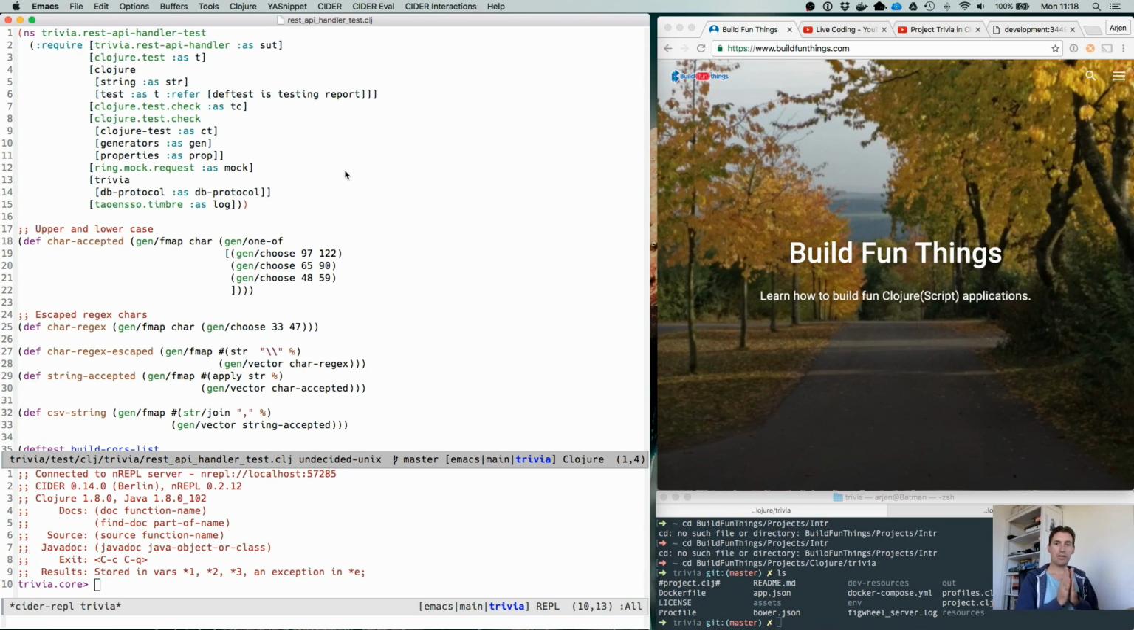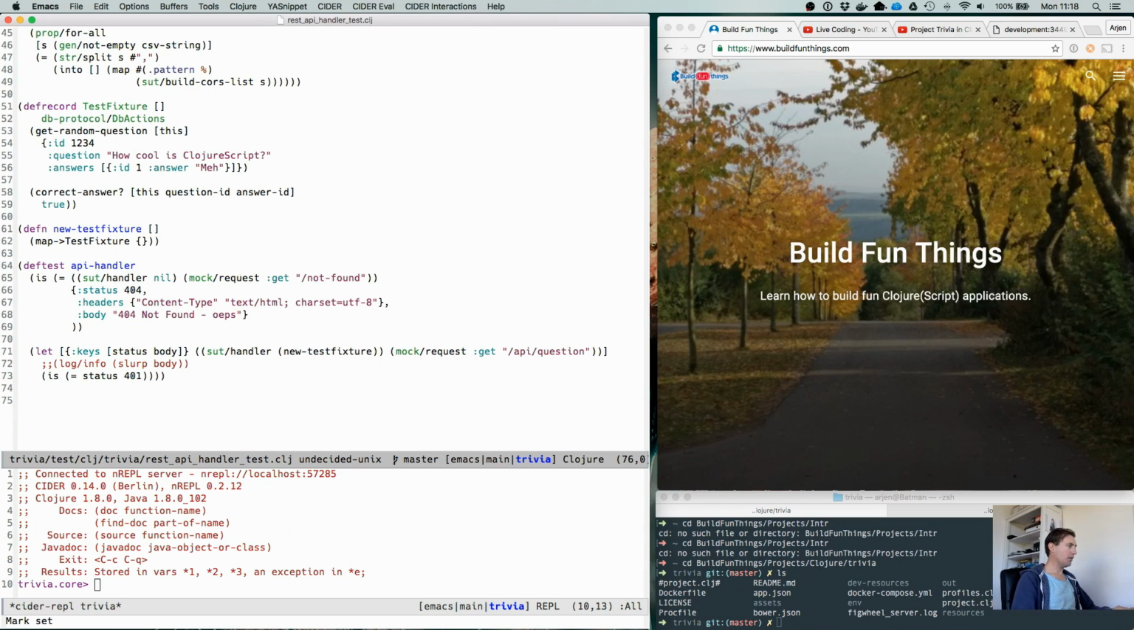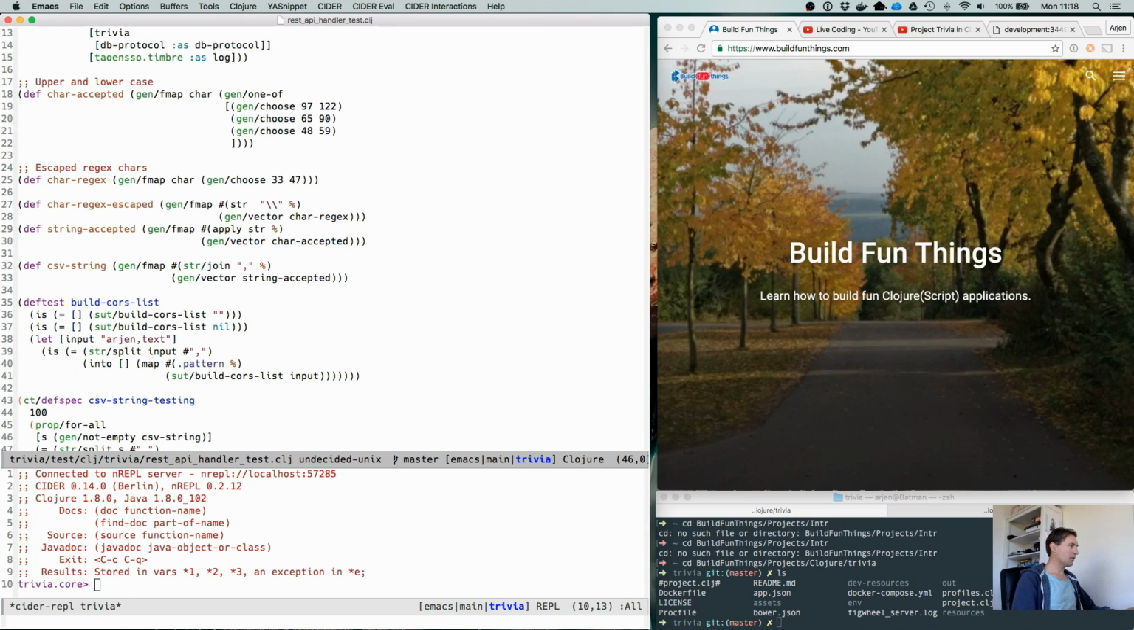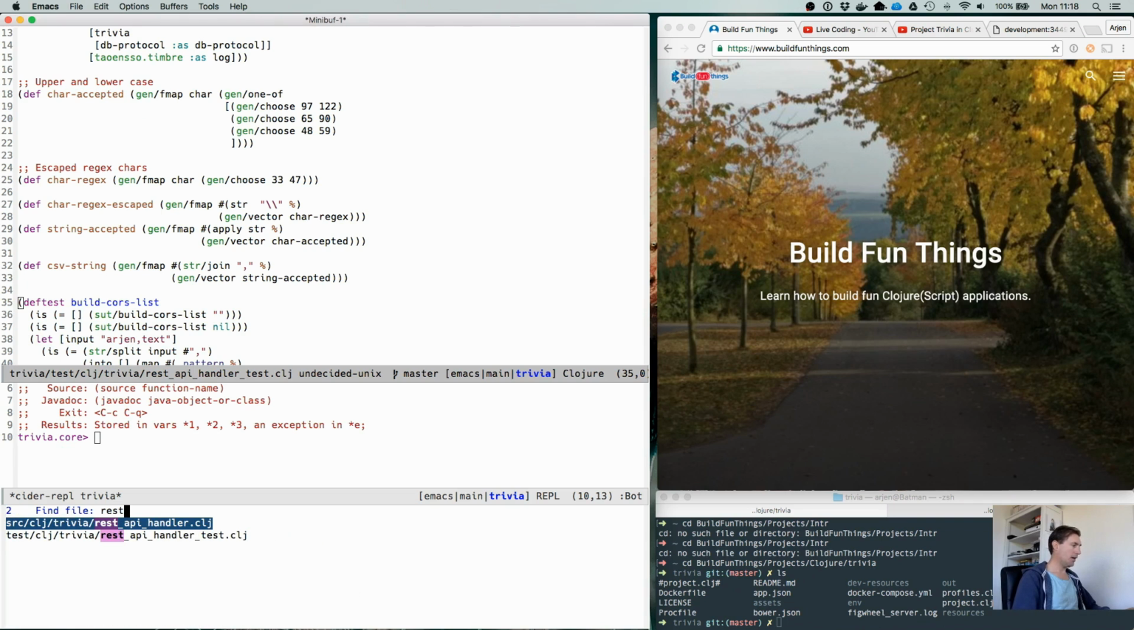Let's first cover the plain testing. It's probably on the bottom here. The tests, the record test fixture. Yeah, so we have this one test, and if we remember the REST API handler,